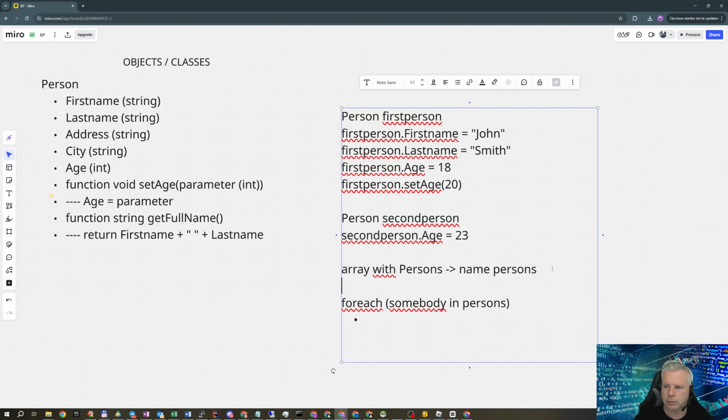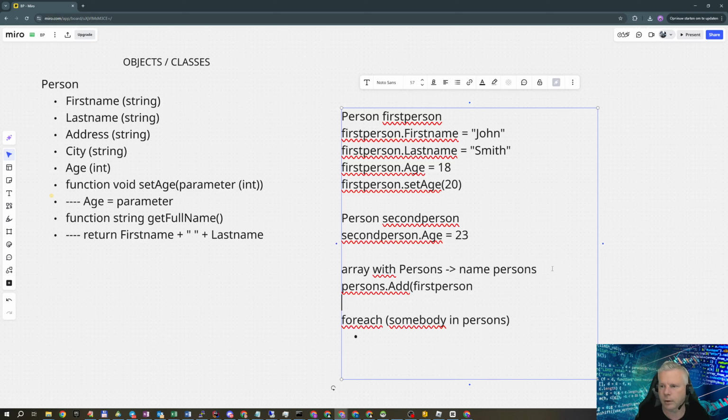So we first need to add them. So we do persons dot add first person, and we do persons dot add second person,